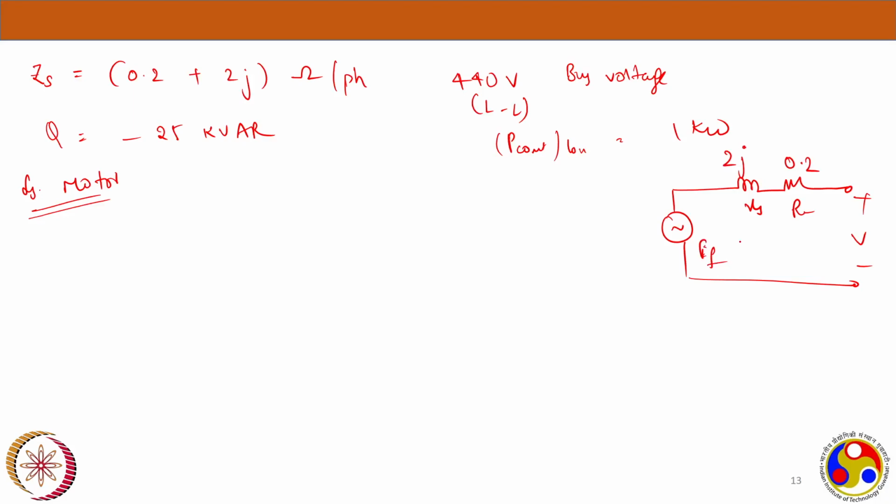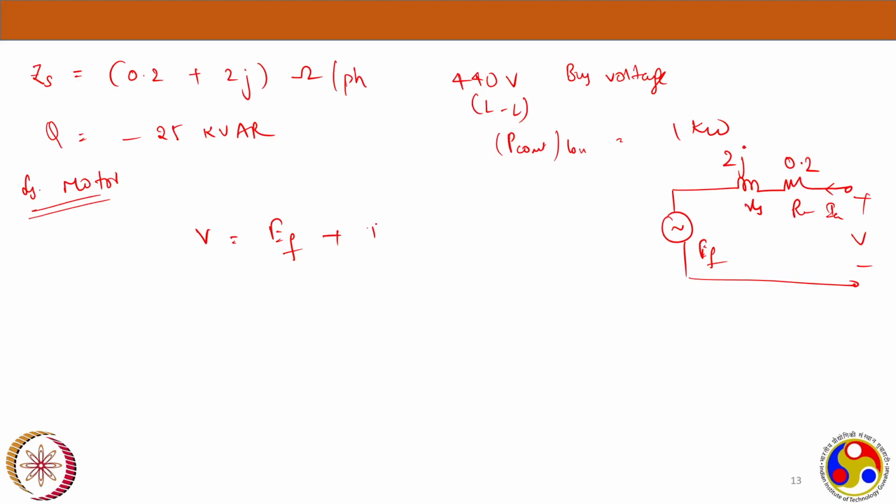This is IA, and this is V. Now the equation would be V is equal to EF plus